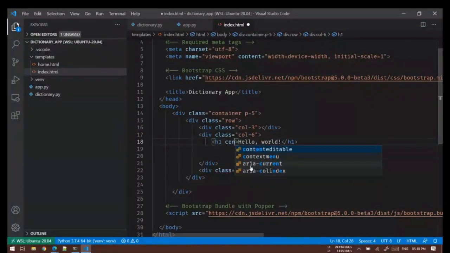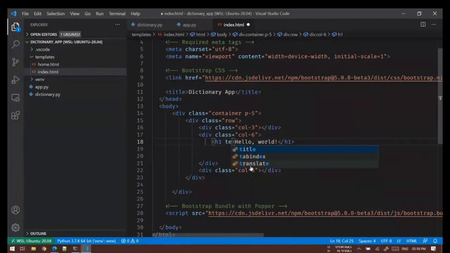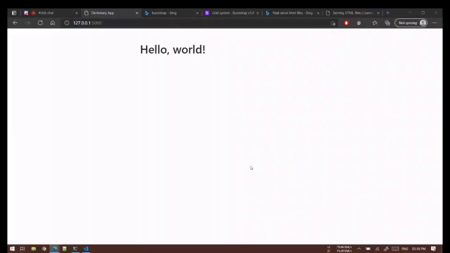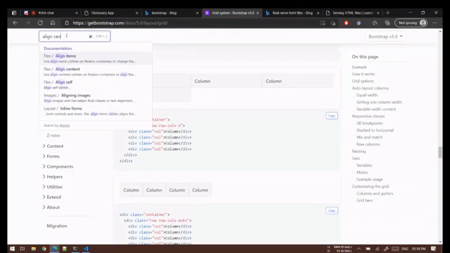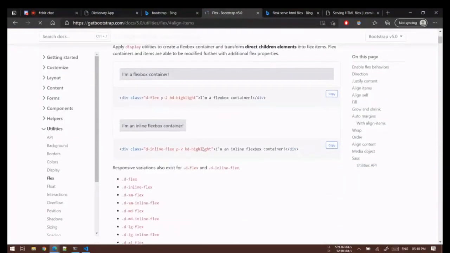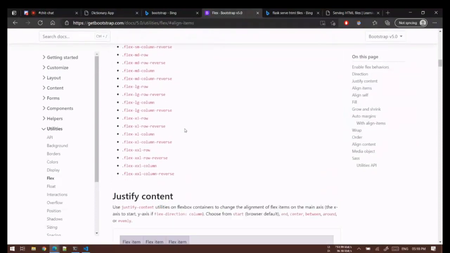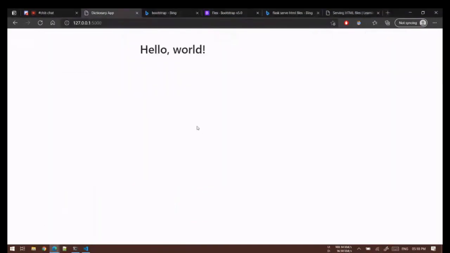I'll say mm, text line, enter. Okay. Content center.